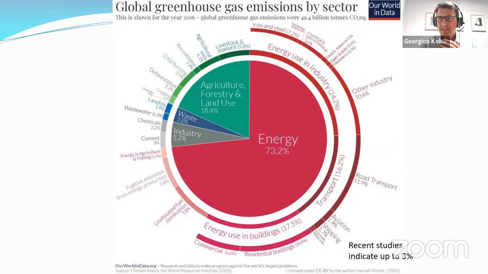Shipping, according to this study, was only 1.7%. And well, studies around the globe, depending on the way that they are accounting for things, indicate anything up to 2.5, 3% is the maximum that I have seen. It was an over pessimistic study accounting for the shipping industry for 3% of the global carbon dioxide emissions. Well, so you will tell me, yeah, George, why should I care about the maritime industry? 1.7% is nothing. Well, not really,